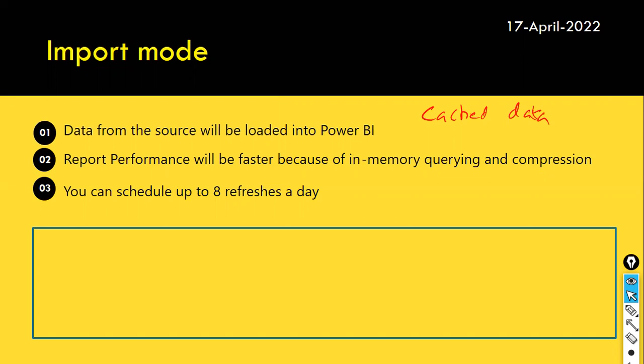If you go for a premium license, you can do 40 plus refreshes per day. This is one of the limitations when you go for the free account or pro license. When you go for the premium license, you can do more than 40 refreshes per day. And the other advantage of import mode is it offers design flexibility to modelers, and supports Q&A